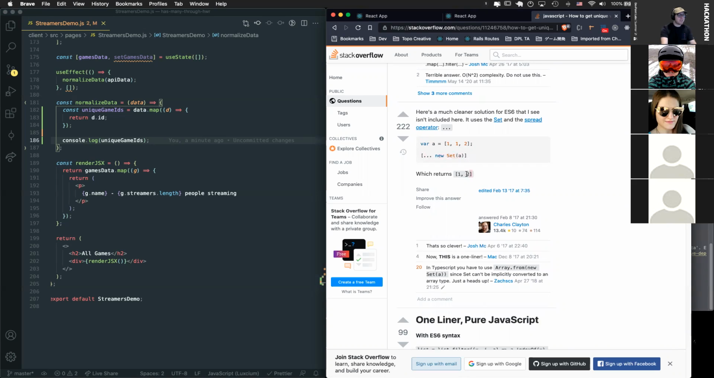And that set is going to equal an array that just has the unique values. Okay, that seems like a pretty cool way. So let's do this. Let's spread out and then create a new set and then pass in that array that we want to pull out